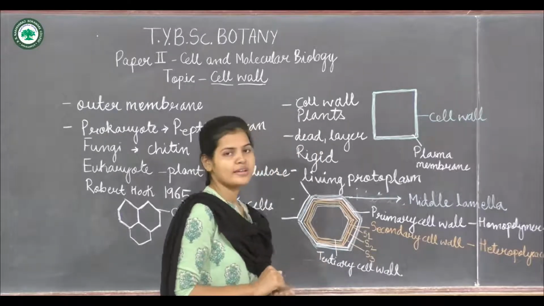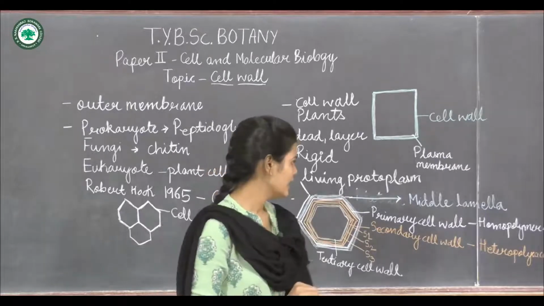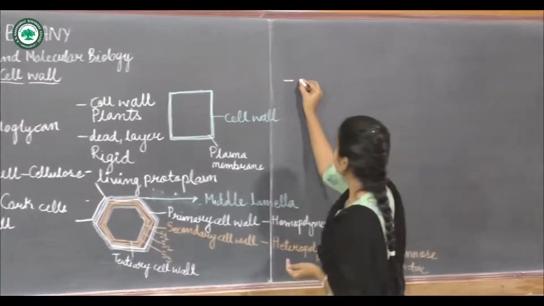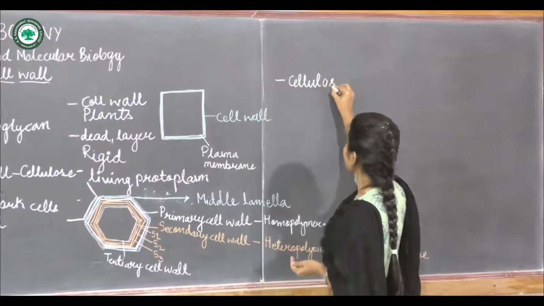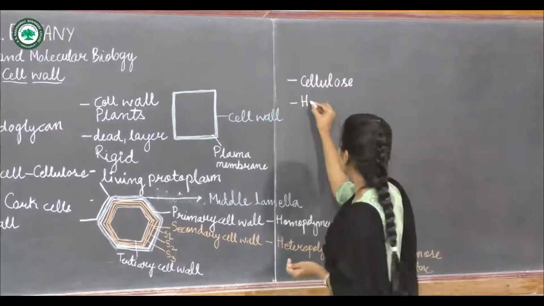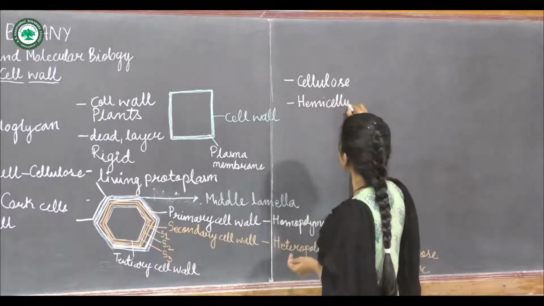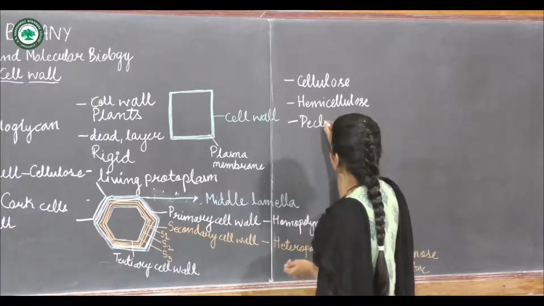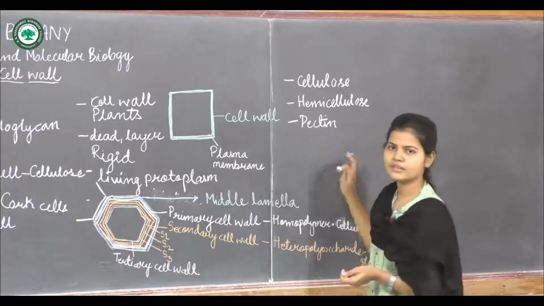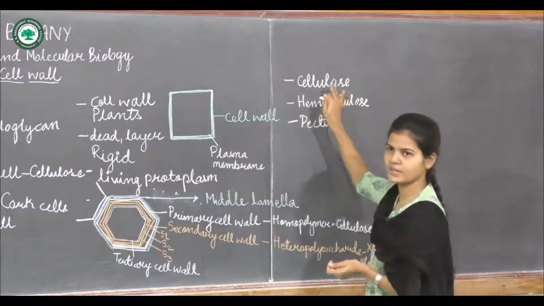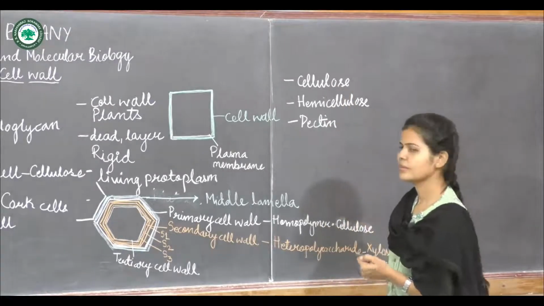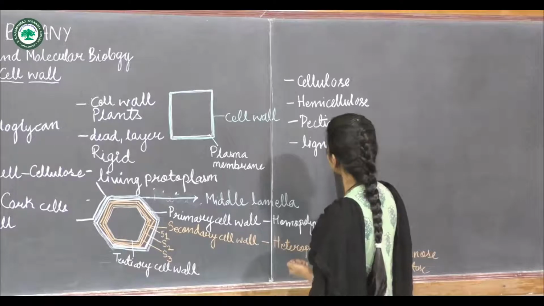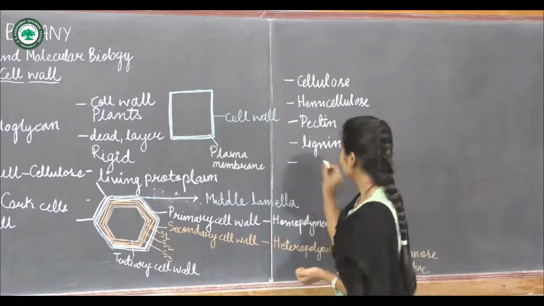Now next to that, there is also presence of some extra material in the plant cell. Mostly they are made up of cellulose. They may also have hemicellulose. They also have pectin. Now mostly the cell wall consists of these three materials, that is cellulose, hemicellulose and pectin. But in some cases there is also presence of lignin, and there is also some